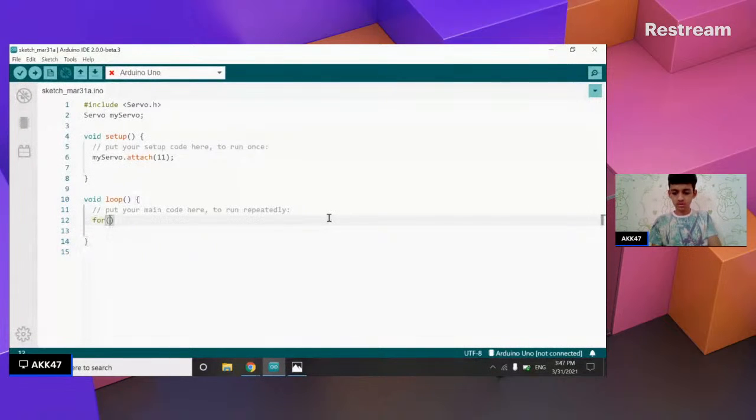For loop: first we write for, then brackets, and then curly brackets. In the brackets, I'll be writing int i. Why do we use int? To create a variable, yes. So we create a variable i: int i = 0; i < 180;